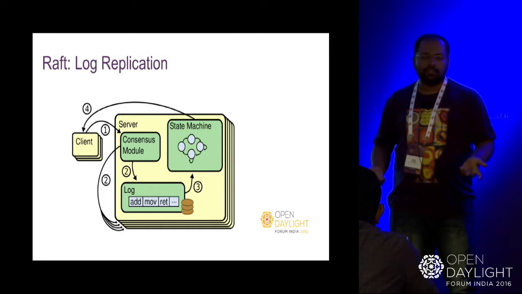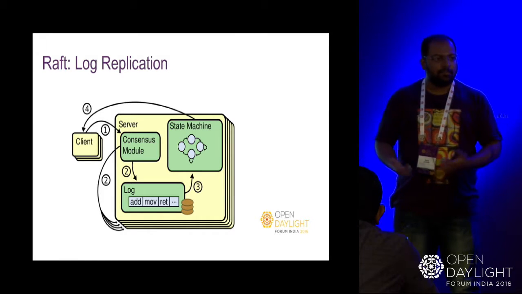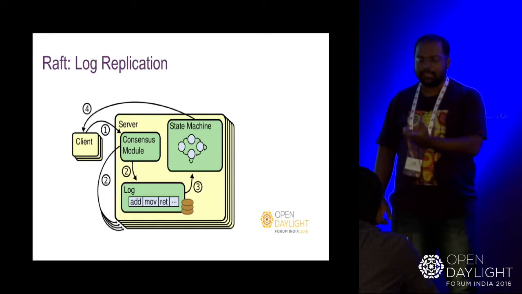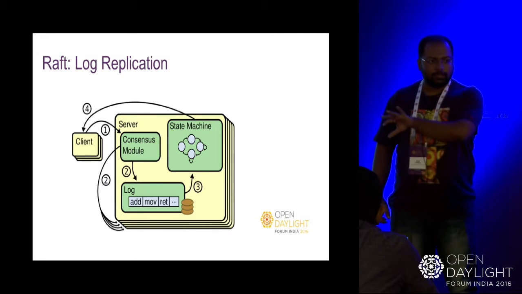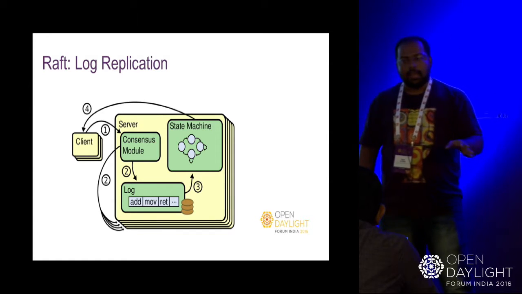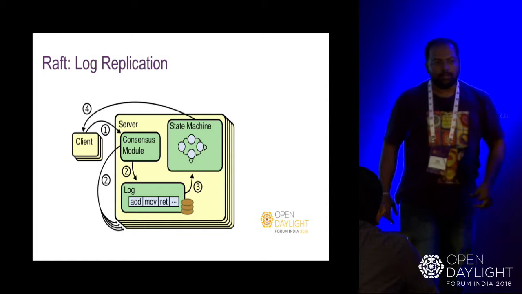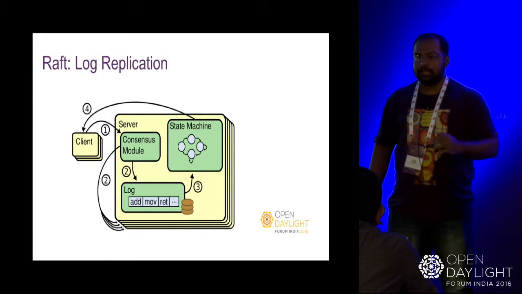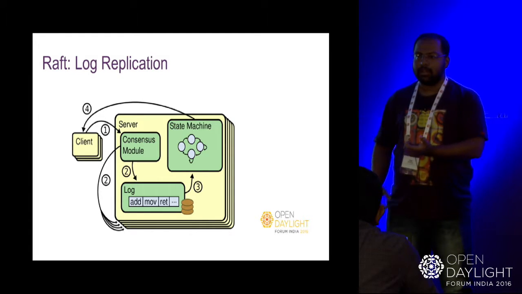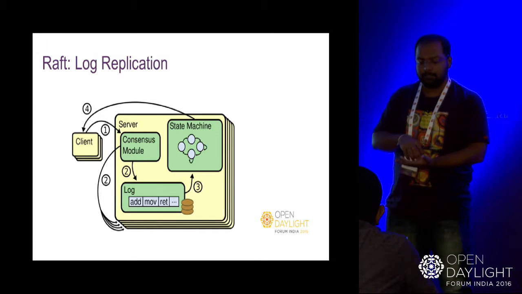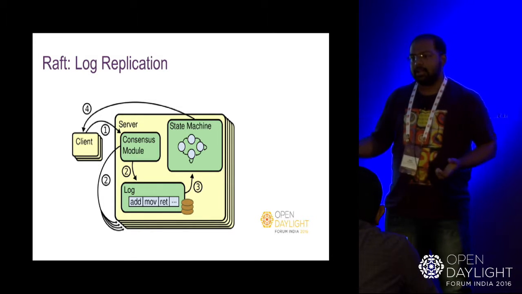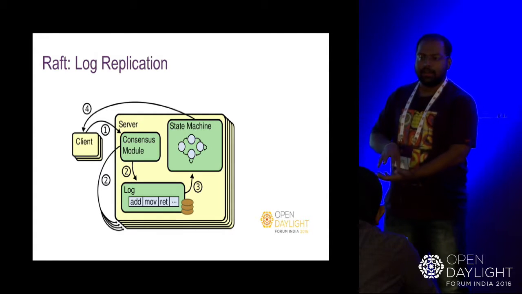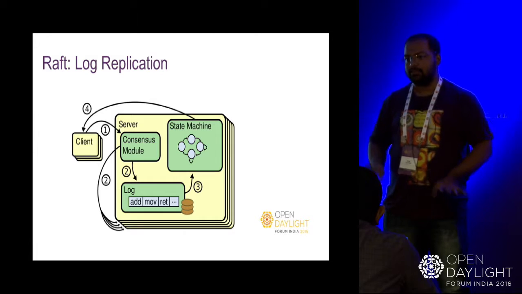Now if it lands on the follower, I mean it's simple, the follower will blindly forward it to the leader. Okay, so this operation x equal to 5 is forwarded to the leader, and if it lands on the leader, then there is no problem. Okay, so what the leader will do is leader will put this operation into its log. Okay, so log is nothing but an append only file. Okay, in that append only file it will append a log entry in which this operation will set x equal to 5. Okay,